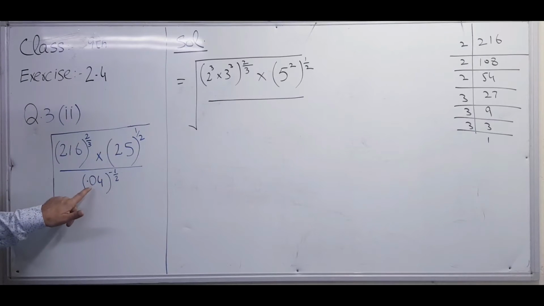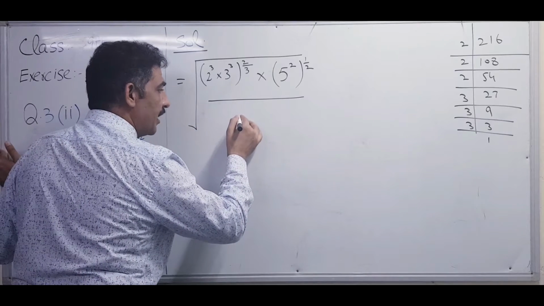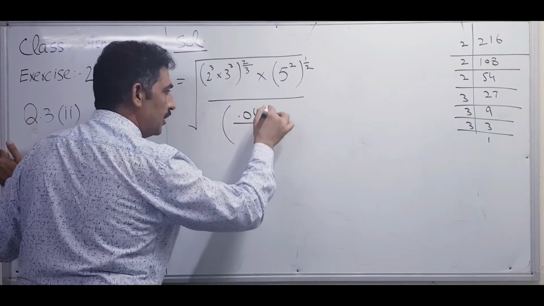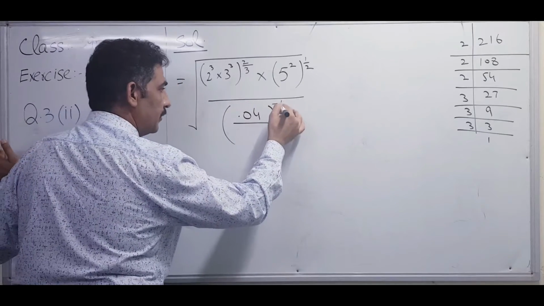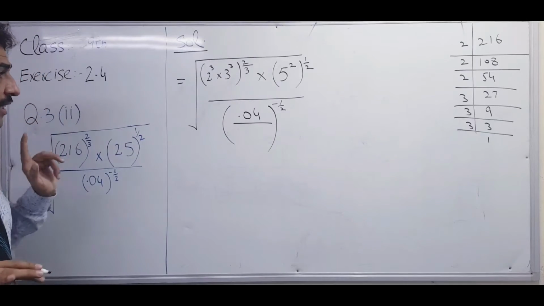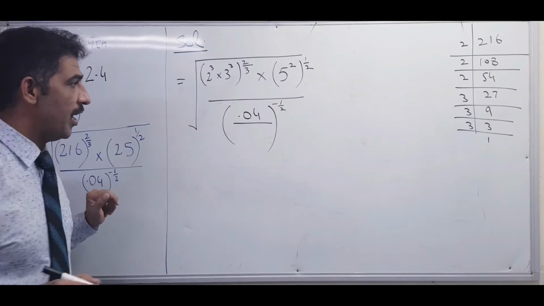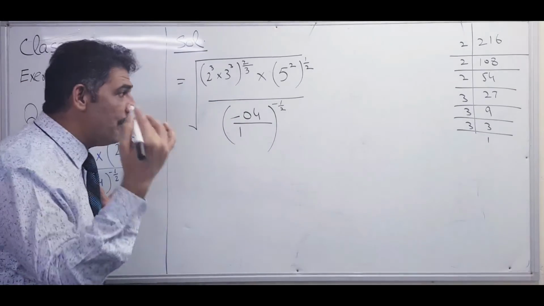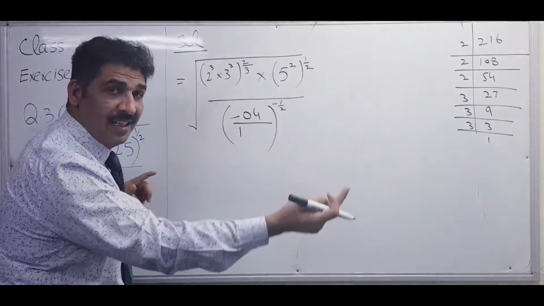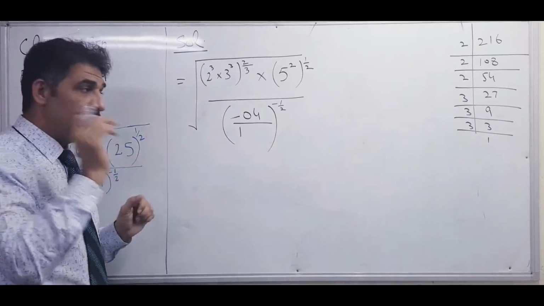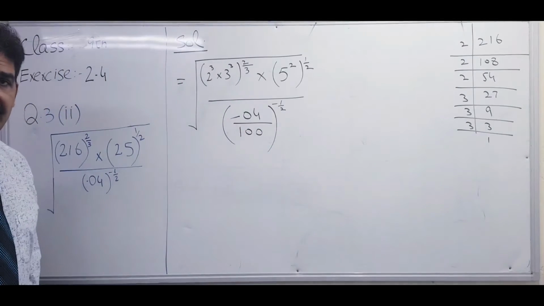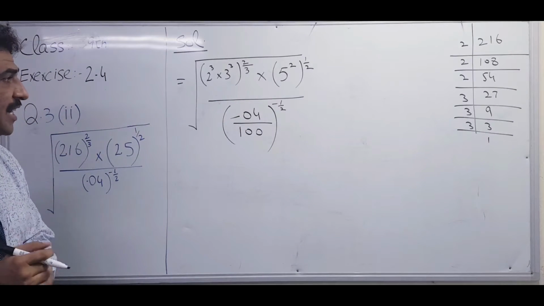What I am doing here: first I will remove the decimal point, and after that solve the fraction. How to remove the decimal part? If there is a decimal part 0.4, according to the rule, its power is minus 1 over 2. I am not changing that one. According to the rule, you remove the decimal point and place 1. After that, count how many digits are on the right-hand side of the decimal point; that many zeros you have to apply. There are 2 digits, so you apply 2 zeros. Is that clear? Now we will simplify the next step.